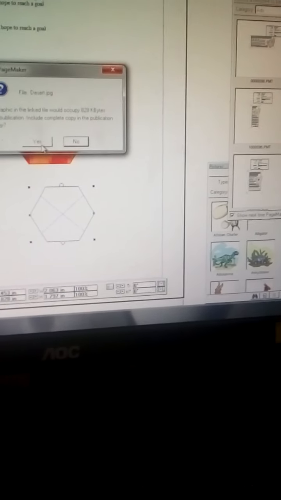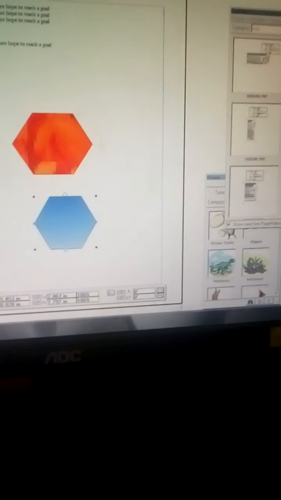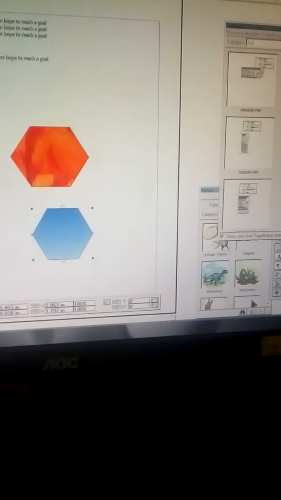Choose any one of the images, like this, you choose desert, open. The graphic will be copied into that polygon. Now the polygon color is changed and that picture is applied here.